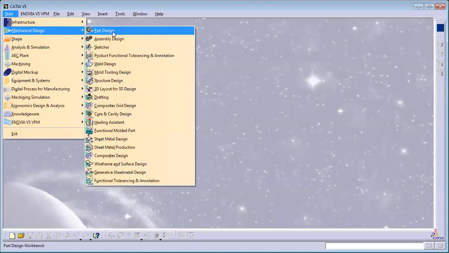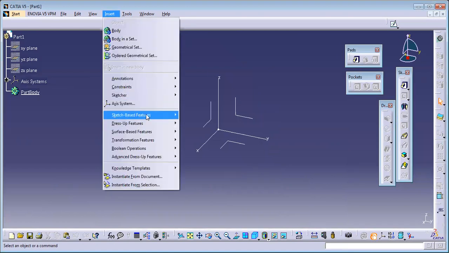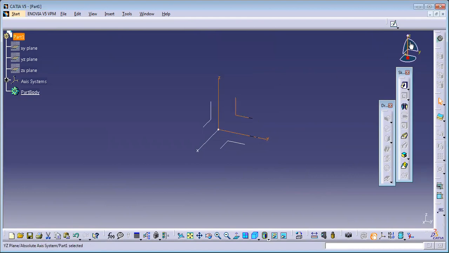Any doubts with pad and pocket, material adding and material removing commands? No, sir. Okay, so you can notice we have completed all the pads and pockets. Now I'll move on to the shaft. Shaft is a very good command, which is what we learned in our academics as the revolved protrusion command. So I'll select this.